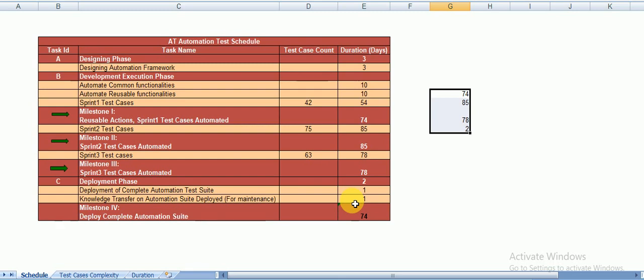We prepare the maintenance document with all the clear details: how we are maintaining the framework, and where we are maintaining which component, everything with screenshots. We give this document to the client, and the client will start executing all those test cases with the help of his own team. If he has any issues, he will come back to us. This way, we need to prepare the automation plan for any project.